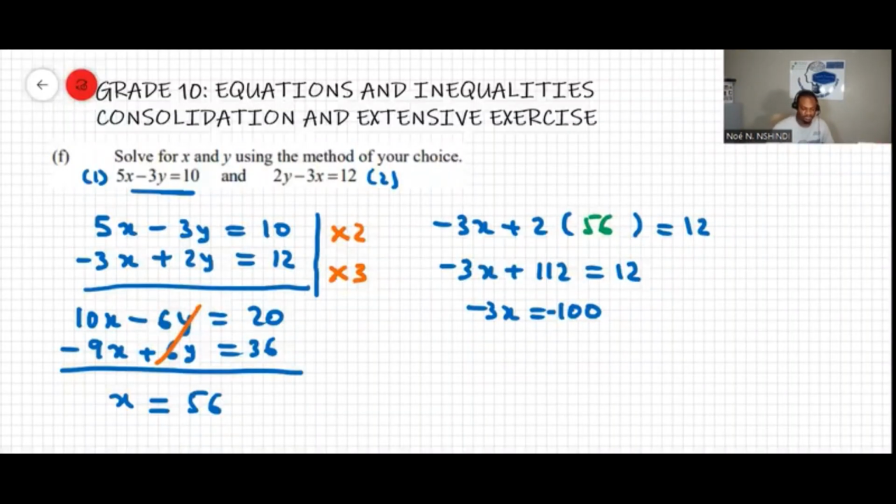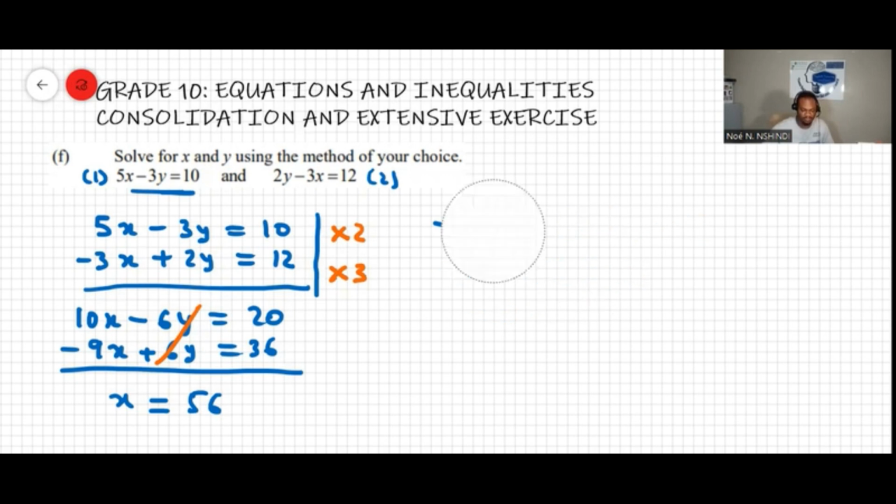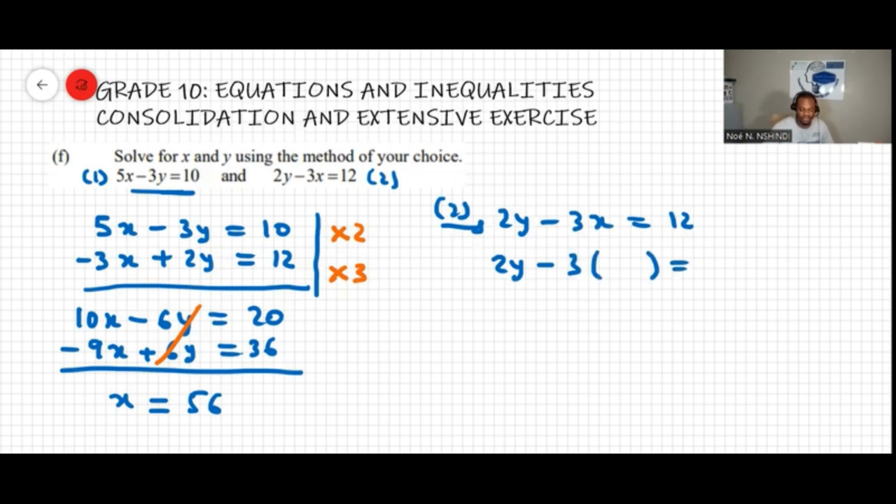Oh, I substituted the wrong variable because this is 2y, so it's not really that. Okay, let's just use equation 2 here, which was 2y minus 3x equal to 12. Substitute 56 there, and that would be 2y minus 3 times 56 will be